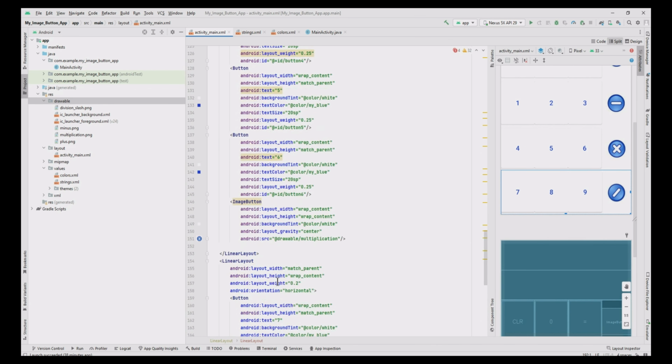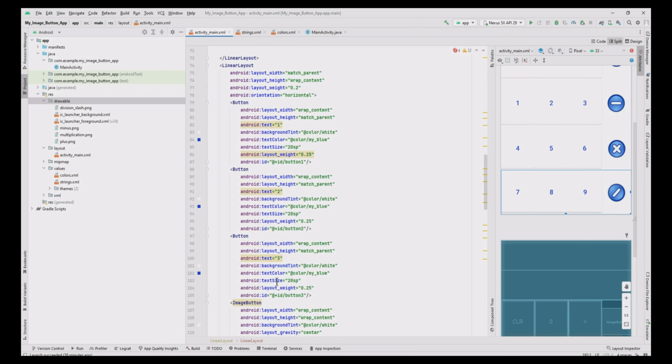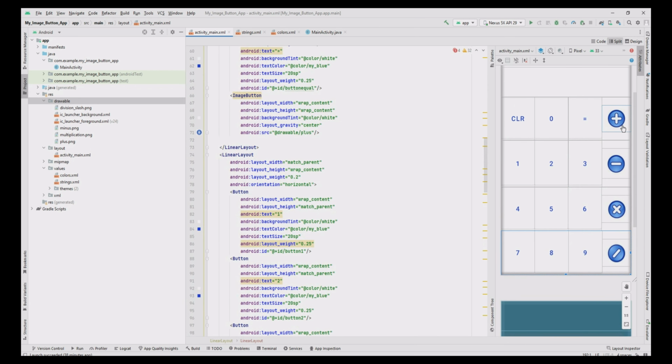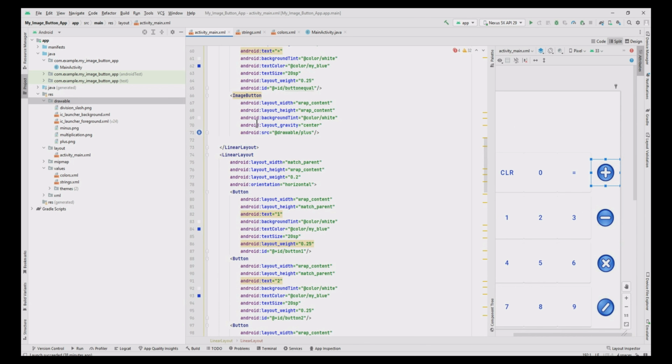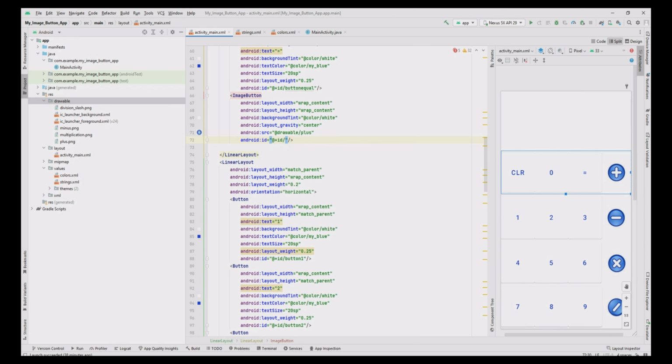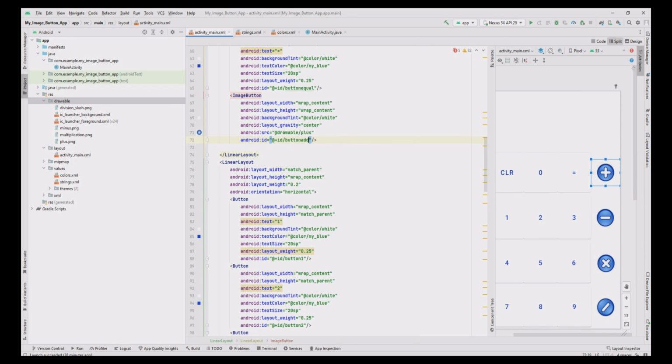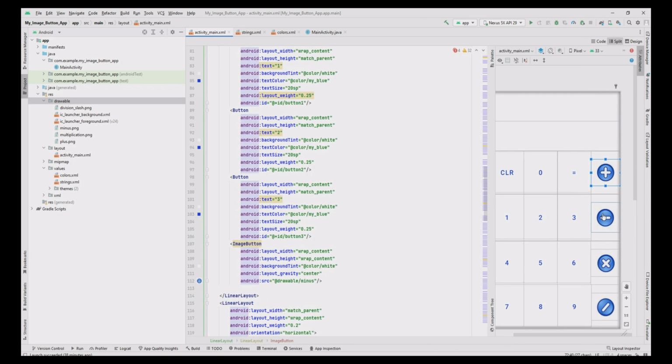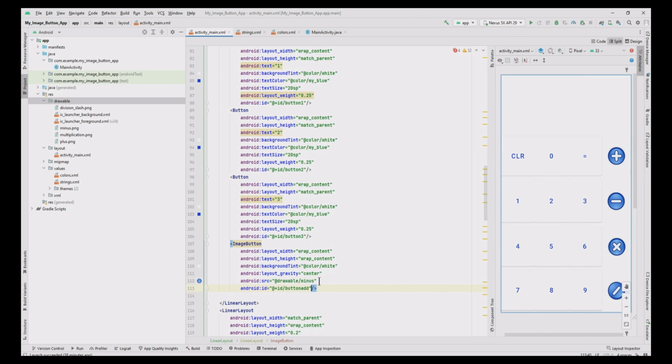Now the buttons are added. I forgot to add the ID for the image button. For that, in the image button, add the ID for the first image button as button add, and copy the ID and paste it in the second image button and change it to button sub,